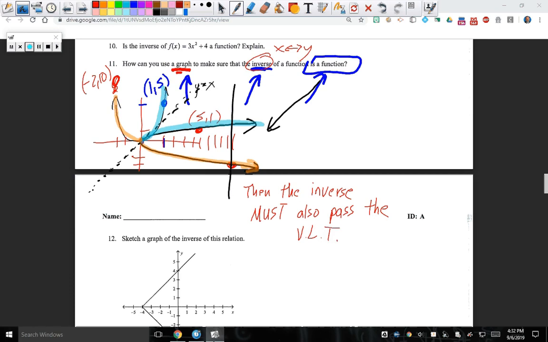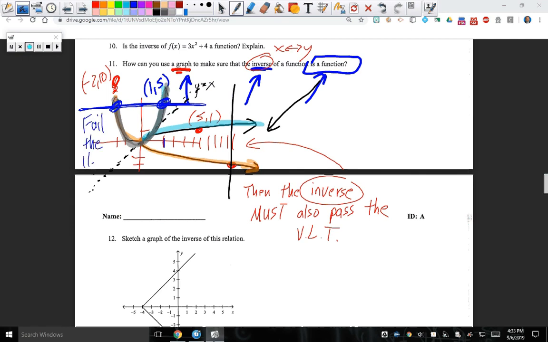Now, this one obviously doesn't, and we're going to talk about this very soon as far as how you can quickly identify this. And this is how I'll explain it to you. The original graph was this one right here in gray. And we know that its inverse will not pass the vertical line test if, on the original graph, it doesn't pass the horizontal line test. So a horizontal line test is used just the same as an inverse in the fact of you're trying to see, are there multiple values that are going to hit this graph? Okay? So you see right here and right here, it's gonna hit the graph twice. So it's gonna fail